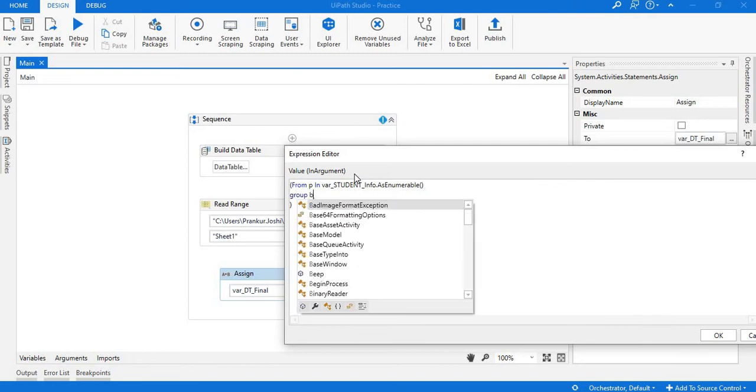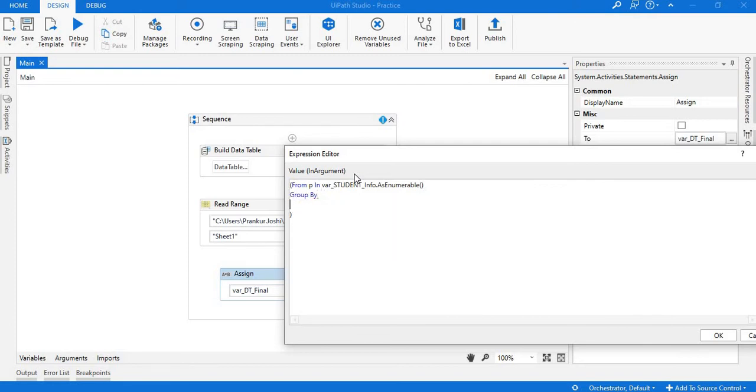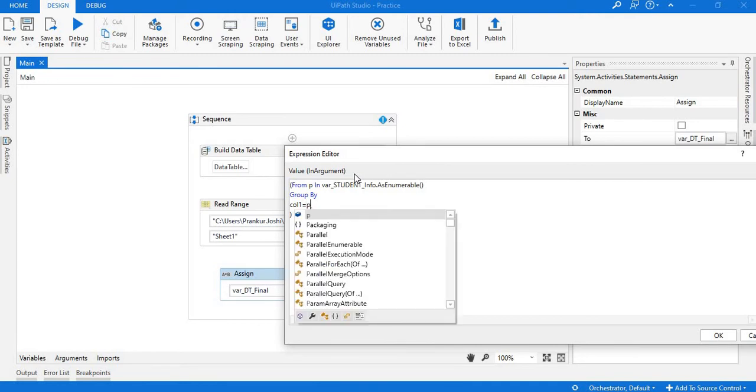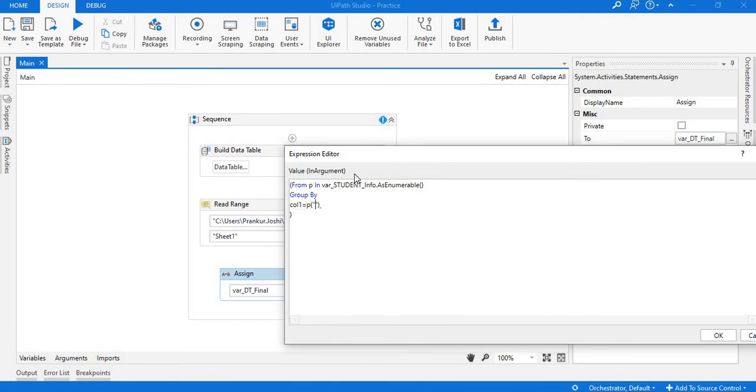So we are grouping by, so I'll write group by. Here you can write anything. This is your column name, just like aliasing. So you can write anything. I'm using col1. P inside this you should give the column name based on which you would be grouping. So just like this, separated by comma, you can have n number of columns based on which you need to group by. So for now, let me remove all those.